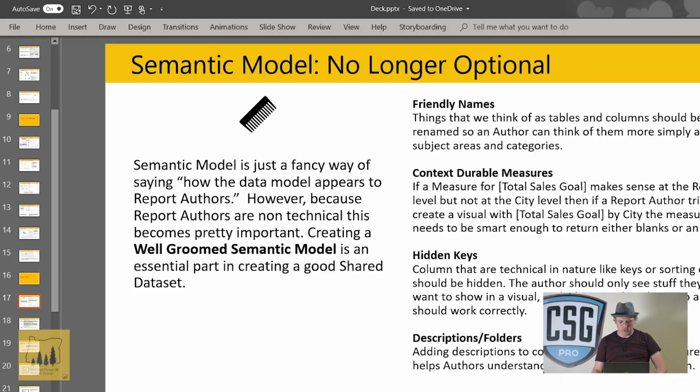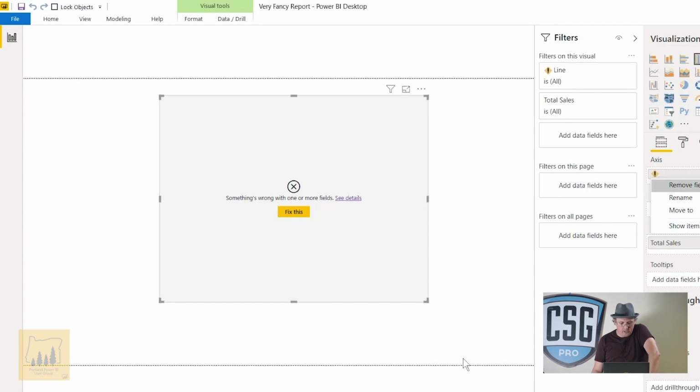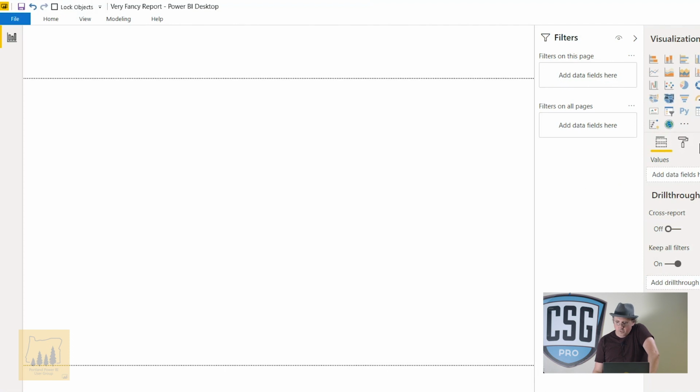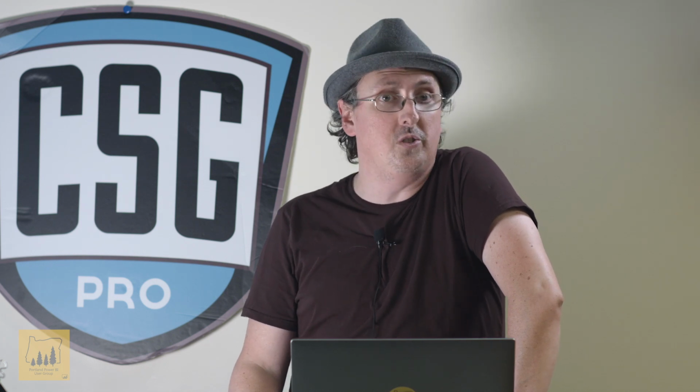So here I'm in my coffee shop report. I'm just going to go to the very fancy report. Okay. If I take total sales over here, and I break it down by lines again, you should get the same result, right? That's cool. That part works pretty well. If I take espresso balance, this is how many kilograms of espresso do we have in the back of the store on a nightly basis, and I break it down by store,